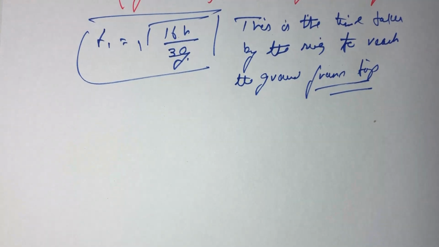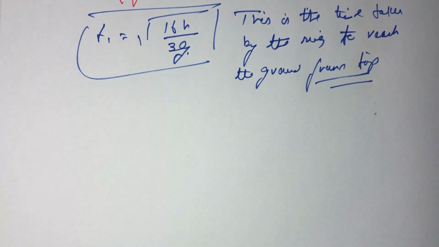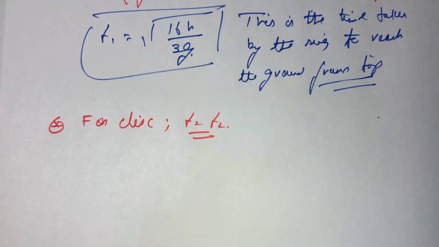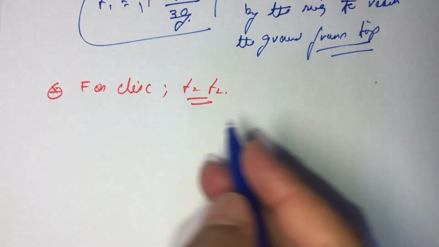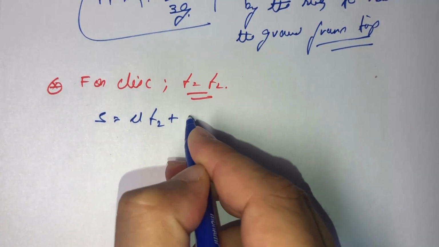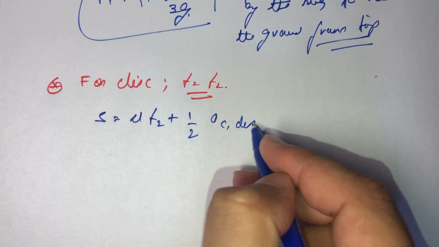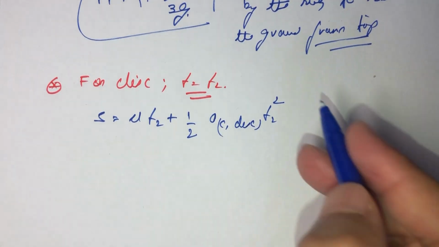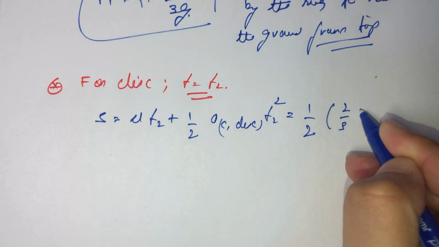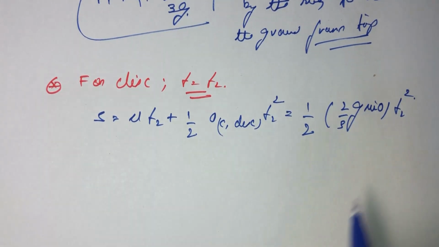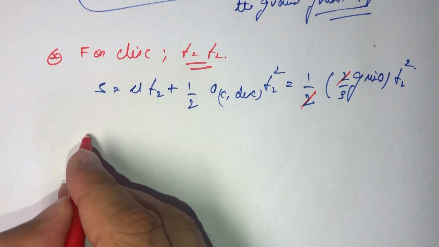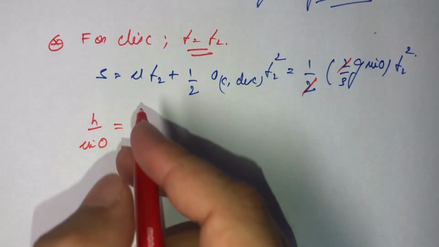So we say that same kinematics formula, we are going to write it for the disk. So we can say for the disk, let us suppose T is equal to T2. So once again, we get S is equal to U T2 plus half a for the disk, and here comes T2 square. Once again, U is 0, so this becomes half, a of the disk is coming as 2 by 3 g sine of theta, and this becomes T2 square. S is our H sine theta, so we can say H sine of theta is equal to